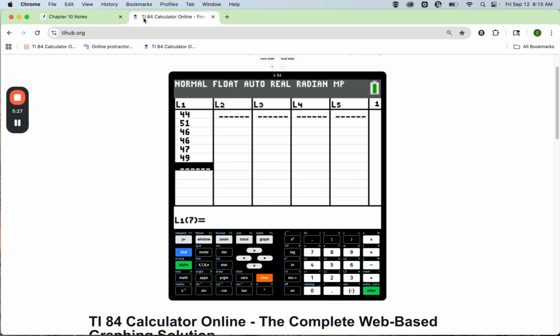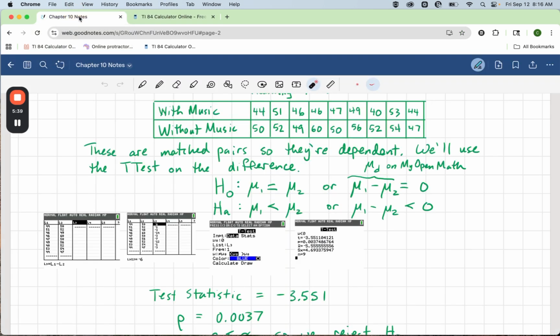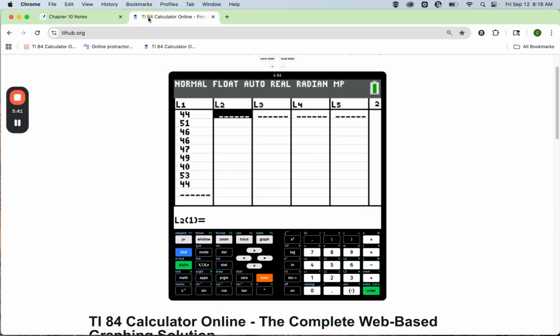40, 53, and 44. Okay, so those are the times with music. Hit your right arrow. Now you want times without music. So 50, 52, 49,